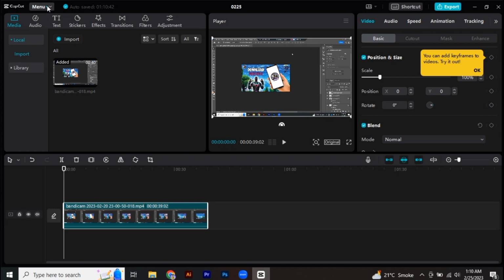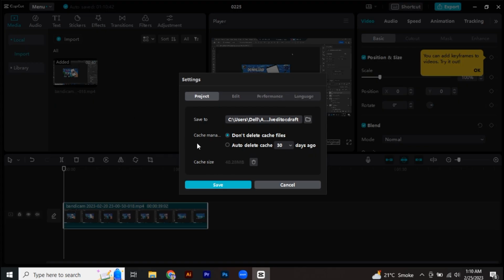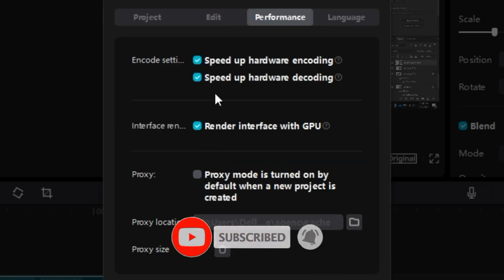So first of all you need to do is to go to your settings, and once you're in your CapCut settings, first of all set this cache memory to auto delete cache and set the time limit to the minimum days, which is 15. And then after that you have to go to performance right here and just uncheck both